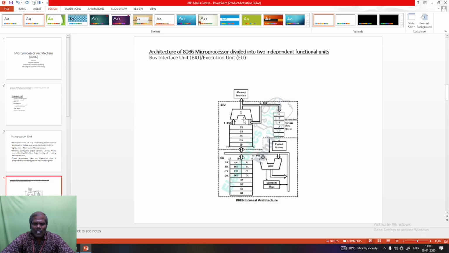The formula is there. Physical address is equal to segment address. These are all segments. From these segment registers, we are finding the segment address. That segment address value will be multiplied with 10H, plus, if we add the offset address, then we can find the physical address. After finding the physical address, we can fetch the information and keep it in the prefetch queue.